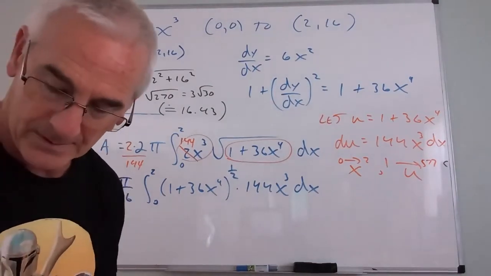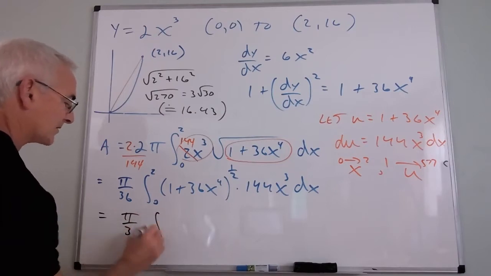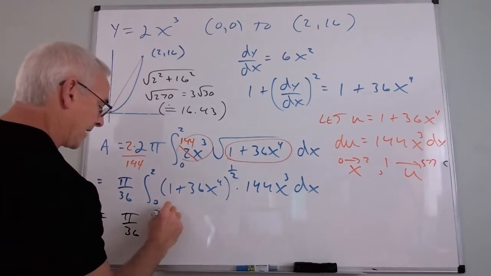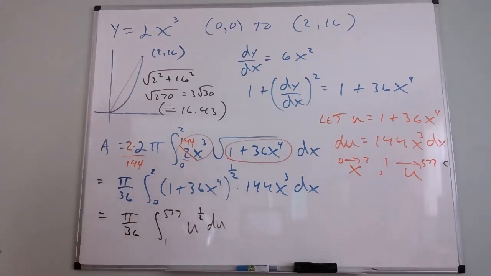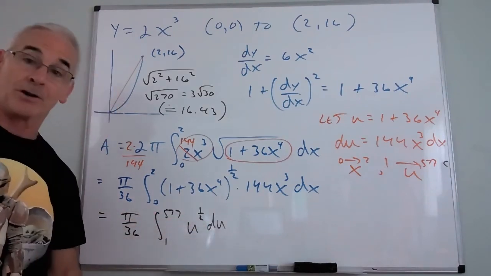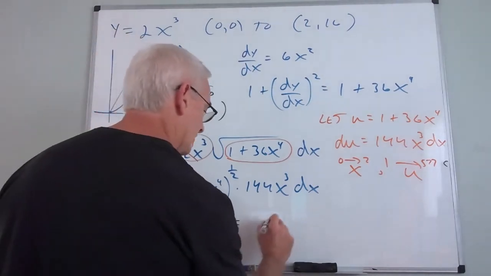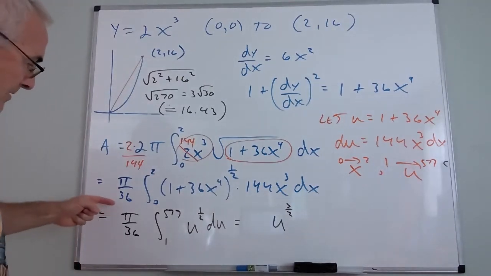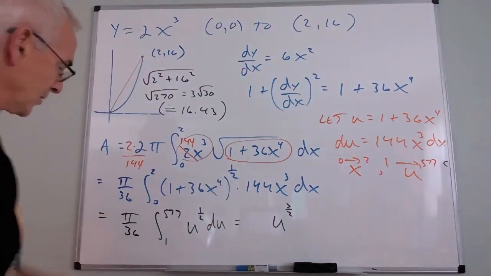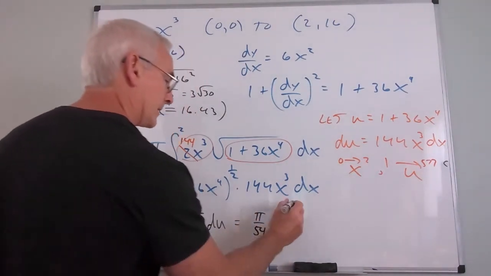So now, when I write this out, I'm going to have pi over 36 integral from 1 to 577 of u to the 1/2 du, and I really like that because that's easy. There's no way you're going to convince me that this one is hard. Now I get an icky numerical value, but the integration is really simple. So I'm going to have u to the 3/2 times 2/3. Times 2/3 would be 2 over 108 or 1 over 54. So I'm at pi over 54,